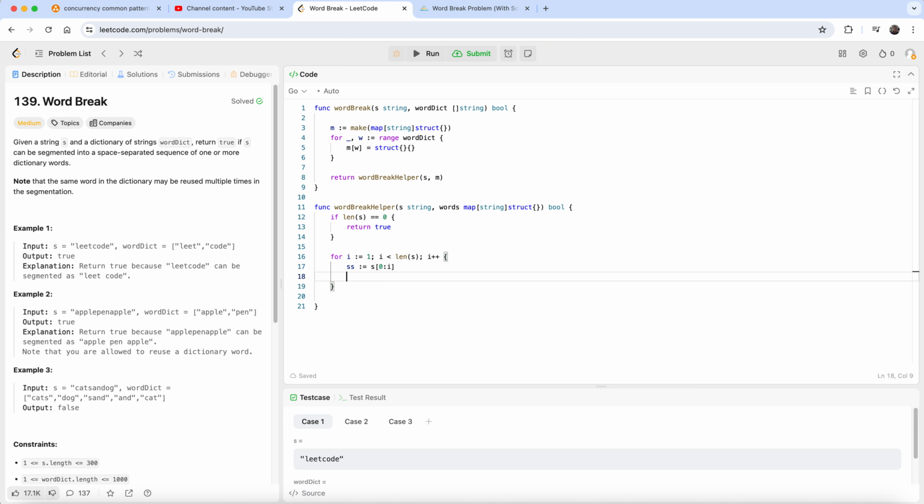So once I have LEET as ss, I will check if ss exists in this words map or not. I'll check in words whether ss exists there or not. If it exists, that word exists, so that means LEET exists. In that case I want to make another recursion and check if the code exists or not. So I will call this word break helper again,